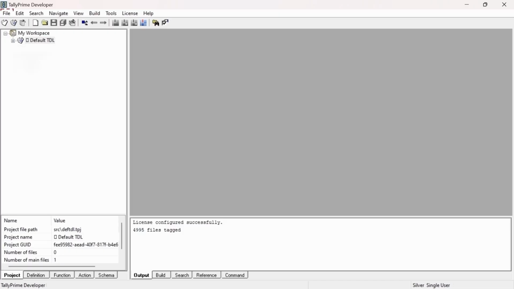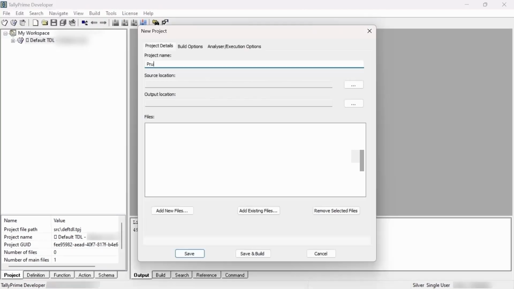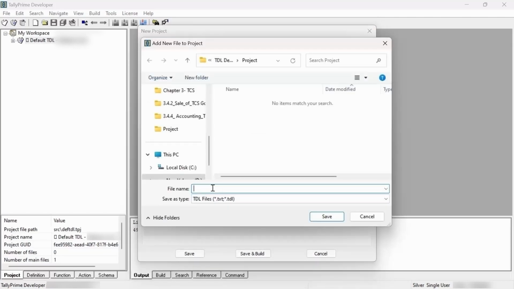To create, click on File and select New Project. Give it a suitable name and choose the project location. Then click on Add New Files and provide the file name